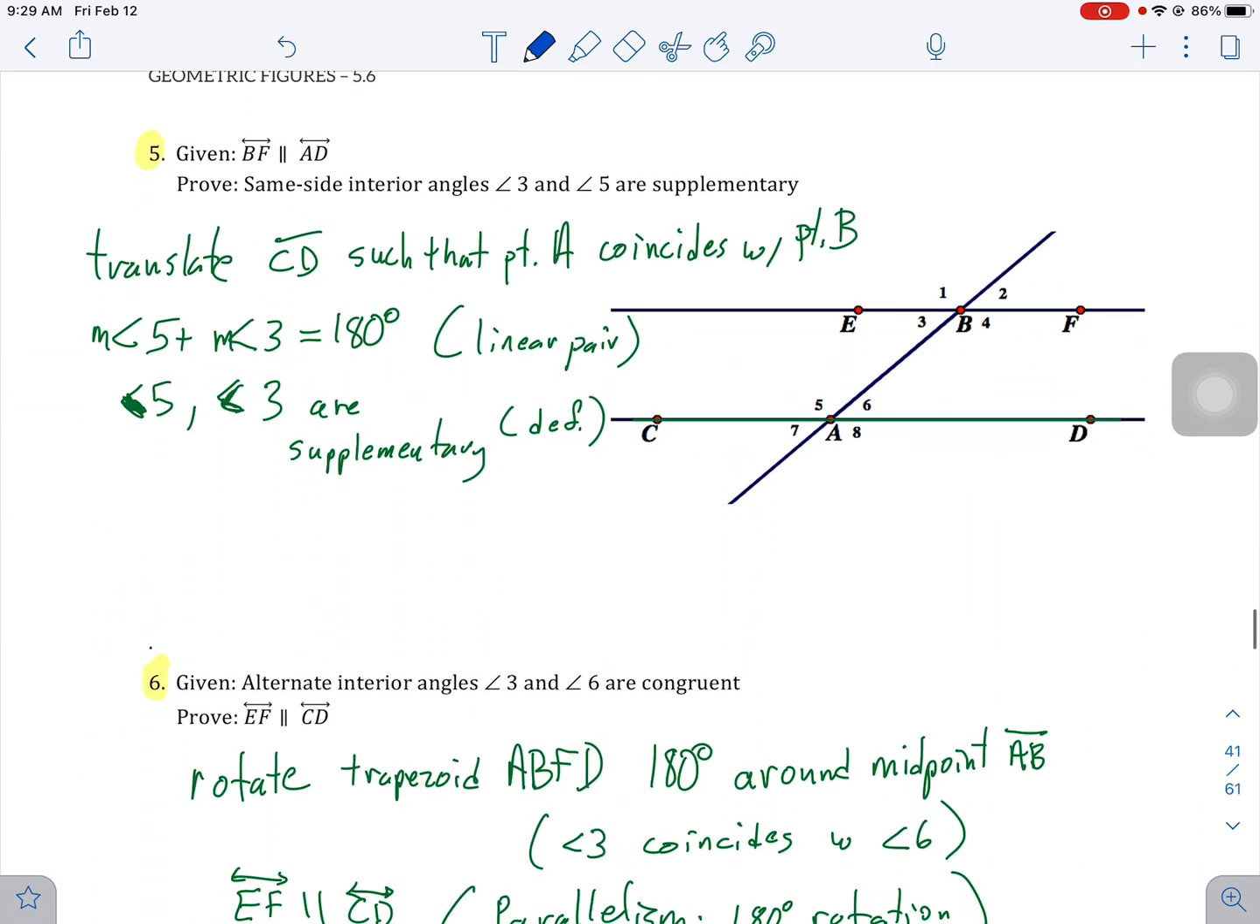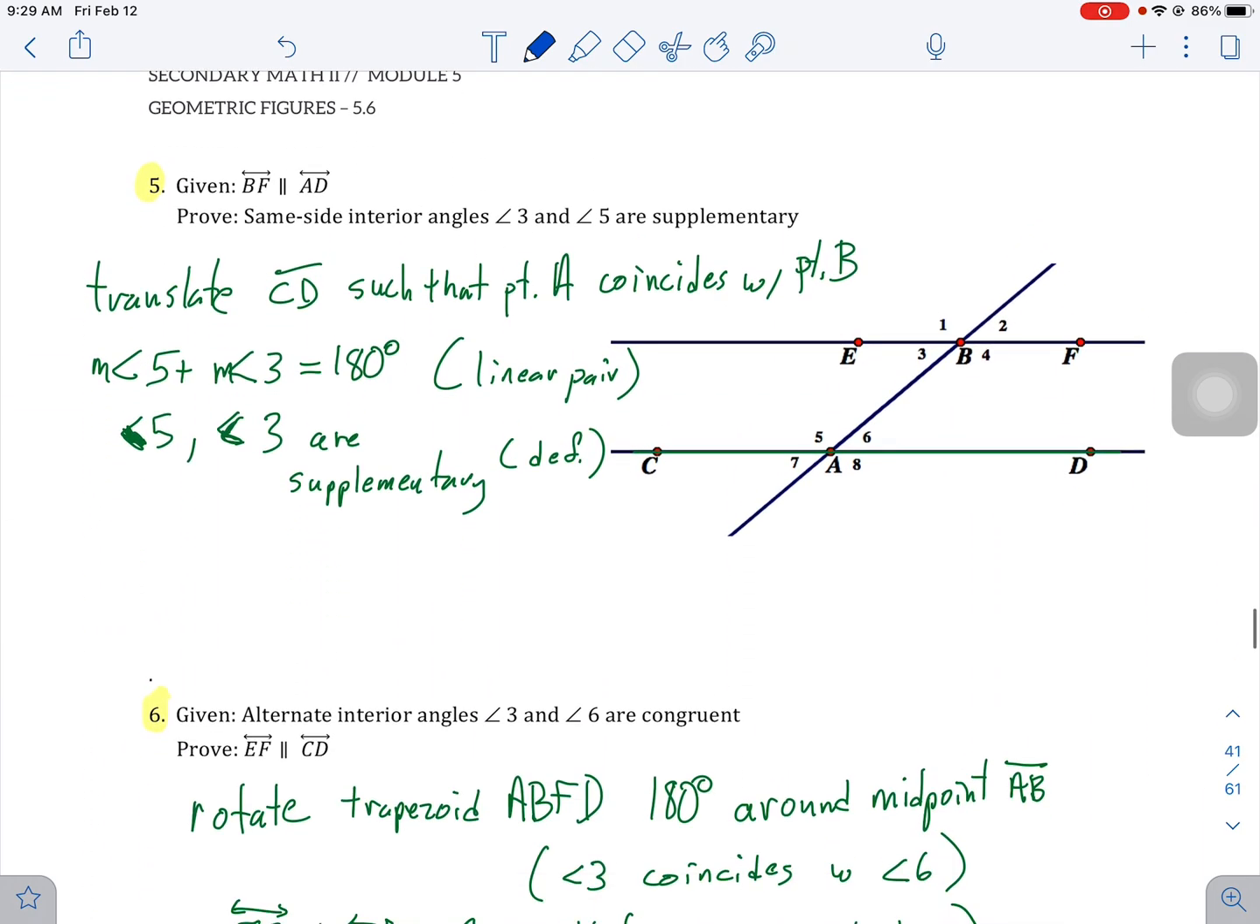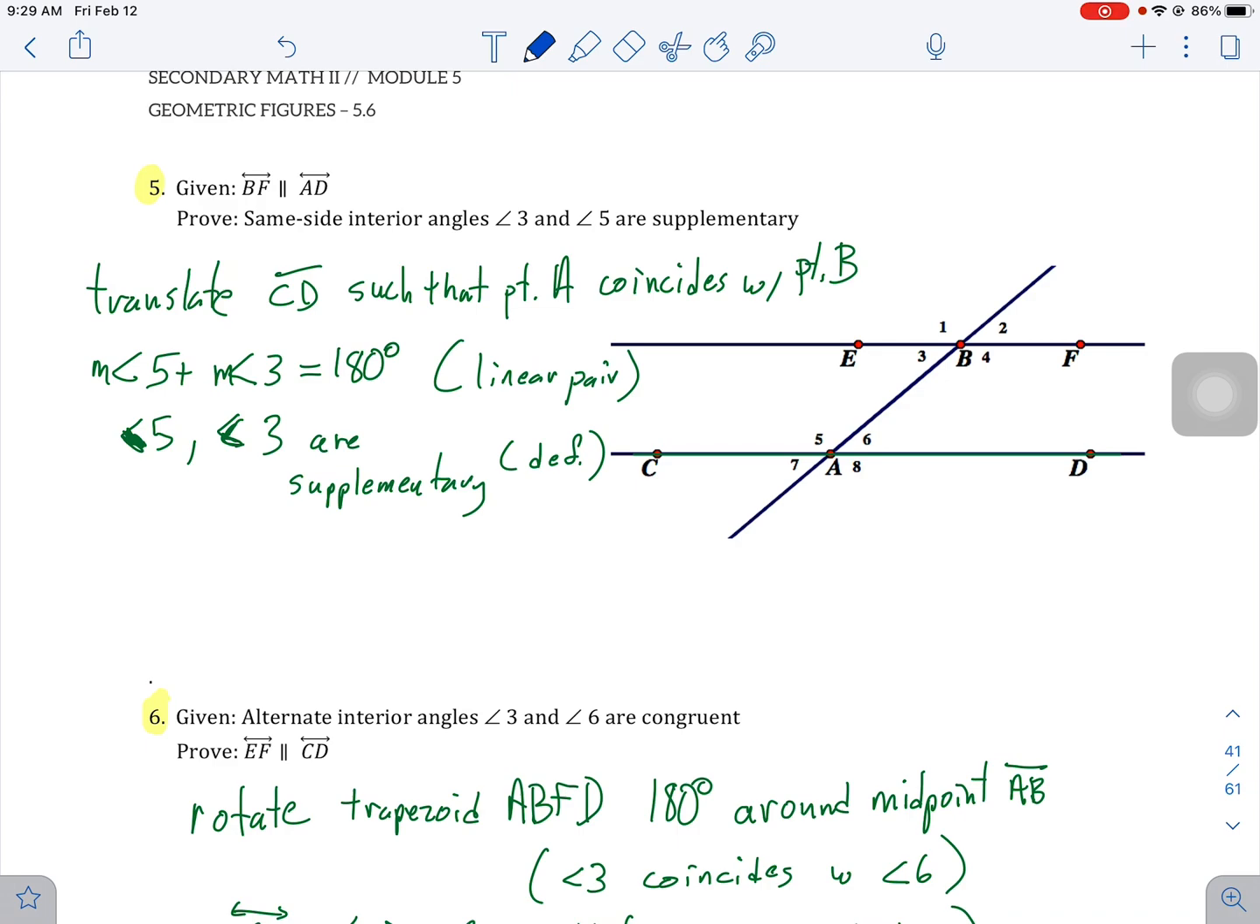And here's two more. Here it is. Prove that same side interior angles 3 and 5 are supplementary. So when we look at angles 3 and 5, supplementary means that their measures add up to 180 degrees. So in order to prove that using the transformational perspective, we can do that same thing. We can take that